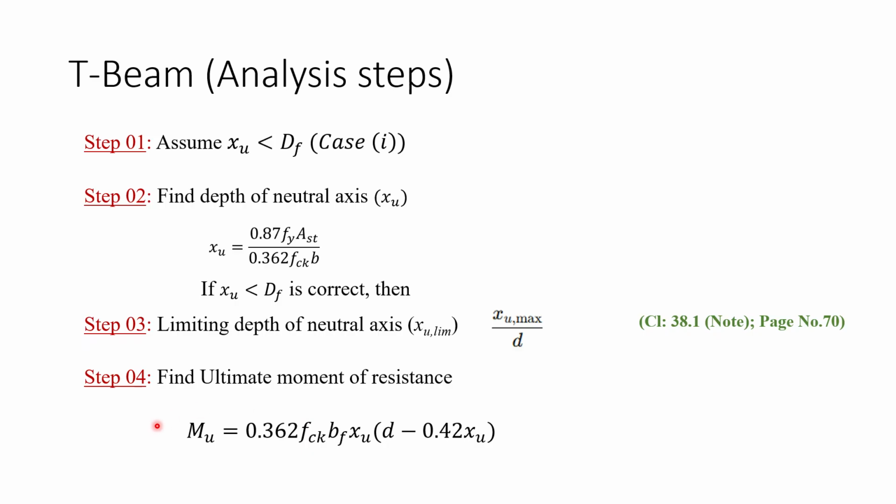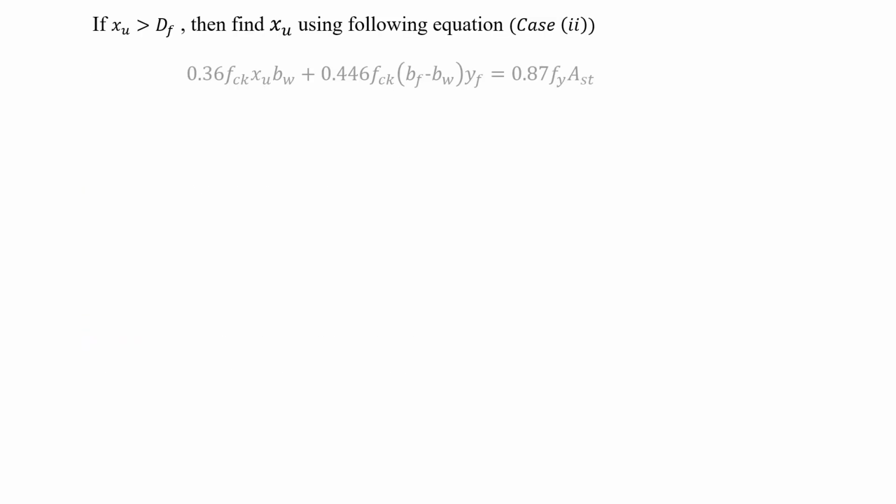So if case 1 is correct, whatever assumption we have considered for case 1, then we can find out the ultimate moment of resistance. In case the xu value is greater than the depth of flange, then the case 1 we have assumed remains invalid. So in case 2, to find out the depth of neutral axis, we are going to use